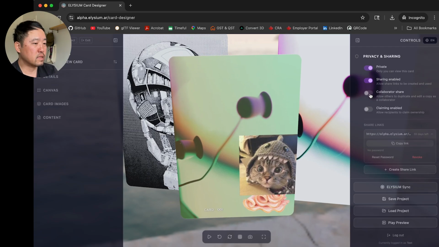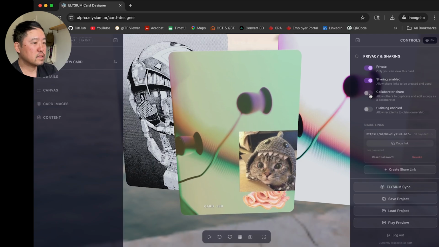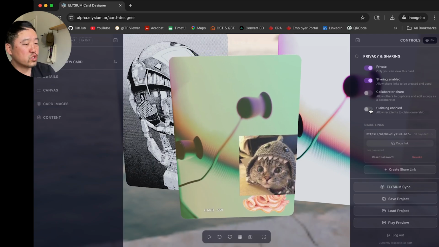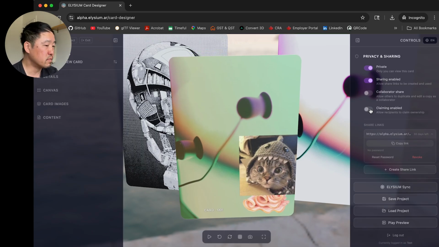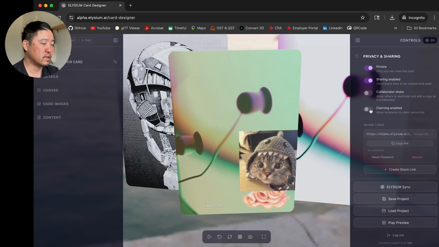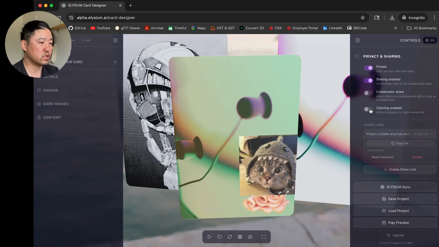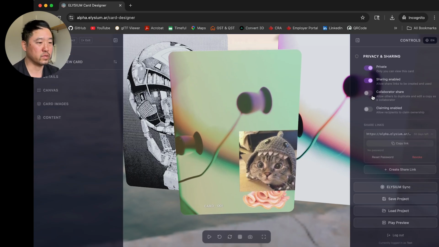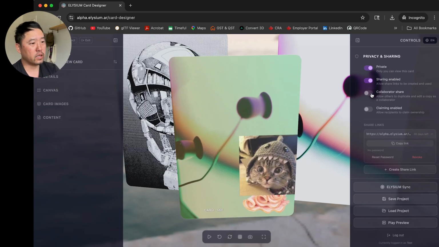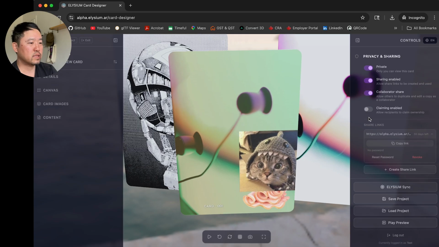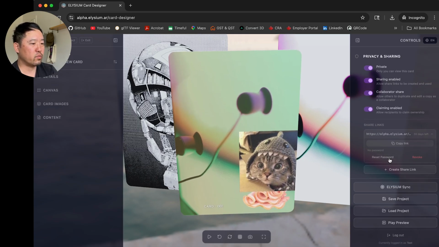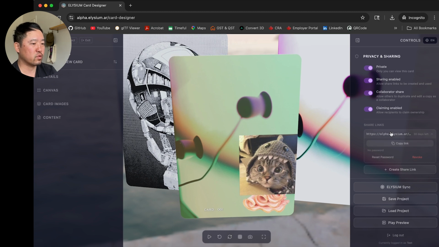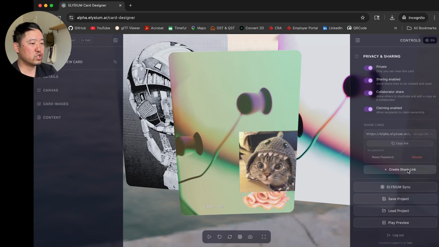Claiming is a unique feature where somebody can actually take ownership of the card that you've created. So that is a way to work with other people, perhaps. For us, it's been something that we wanted to add into the gamification aspect of what Elysium proposes. Okay, so we'll just have these set up for now so that you can see what that looks like. And right now we see that the share link we previously created is here, but we can create a new share link now.